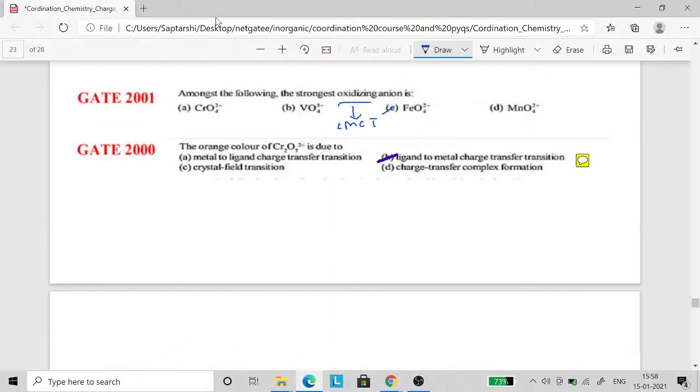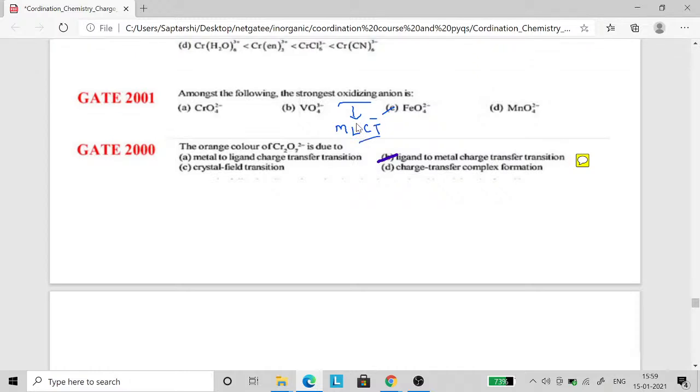Okay, sorry for that. It actually will be MLCT, not LMCT, because oxidizing, in the sense it's oxidizing other things, so it itself gets reduced. So it will want to accept electrons. So if there is some possibility of MLCT, it will be good. And for MLCT, we can just see